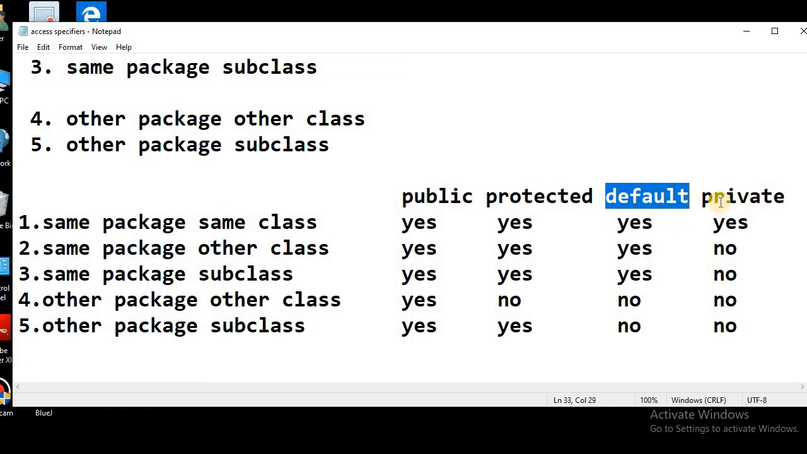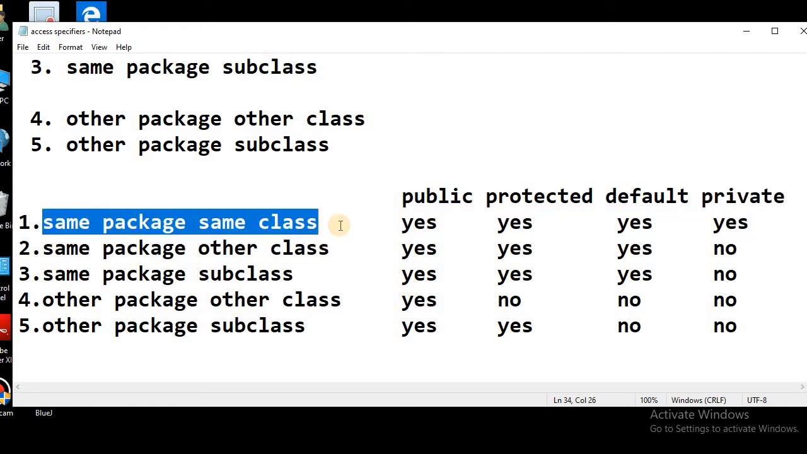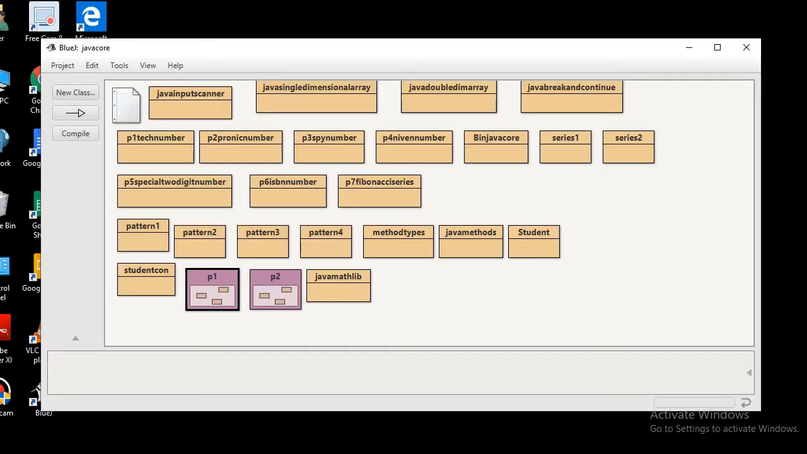Now next is private. So private is very restricted. If we have defined a variable or a method with private access specification, it is accessible only in the same package, same class. Now let's go ahead and see this with the help of the Java programs. For the convenience, I have created